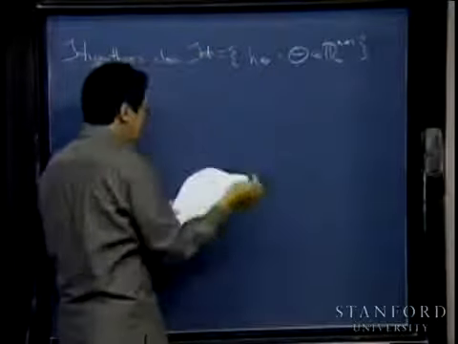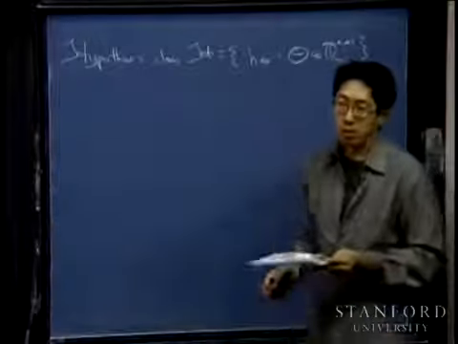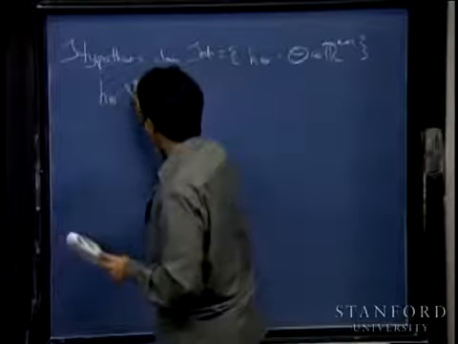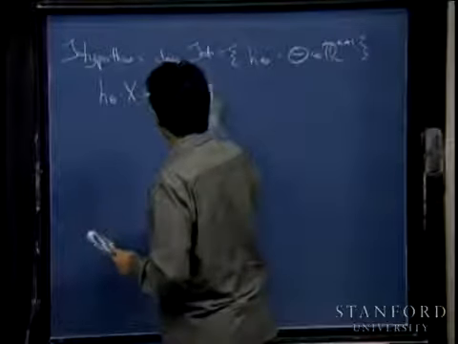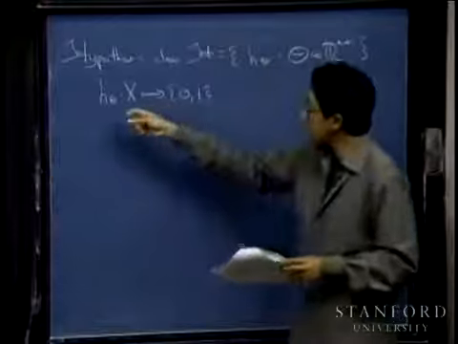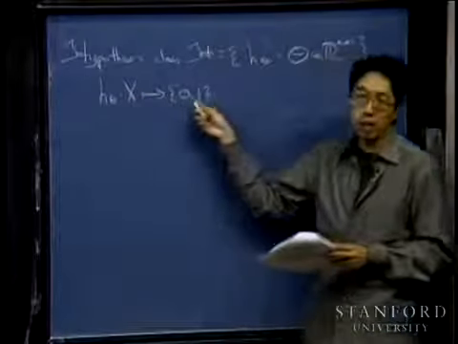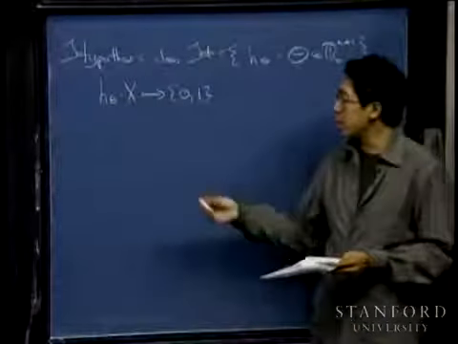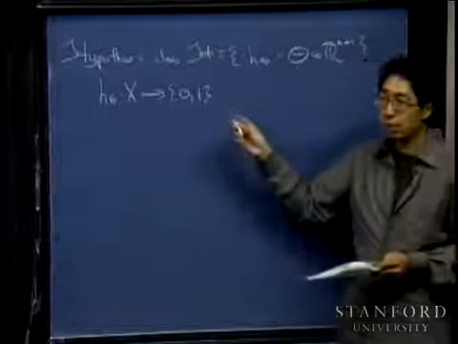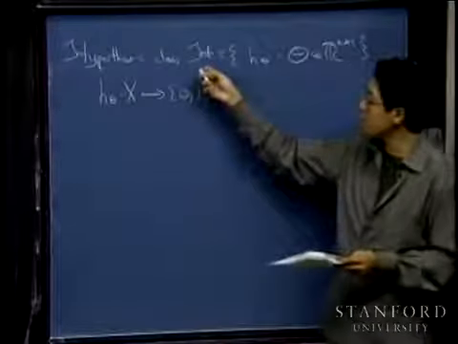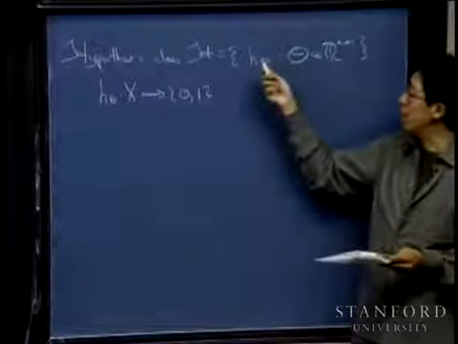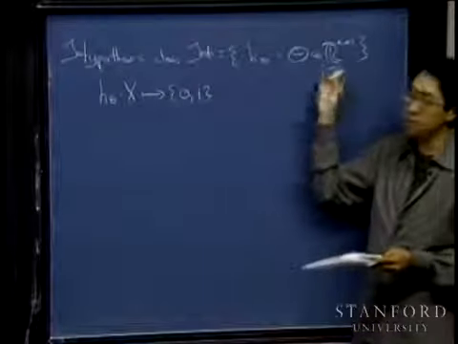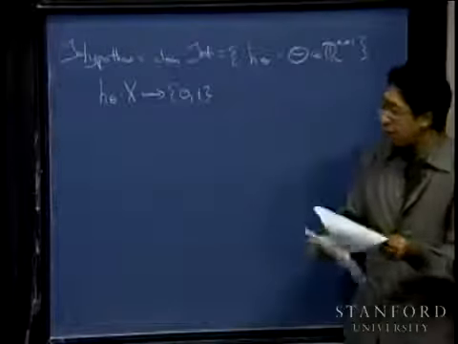So h subscript theta is a specific linear classifier, and each of these is a function mapping from the input domain x to the class 0, 1. Each of these is a function, and as you vary the parameters theta, you get different functions. And so let me define the hypothesis class script H to be the class of all functions that, say, logistic regression can choose from. Okay? And so this is a class of all linear classifiers.